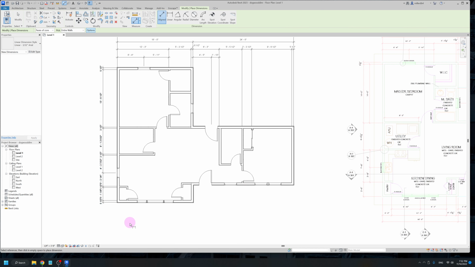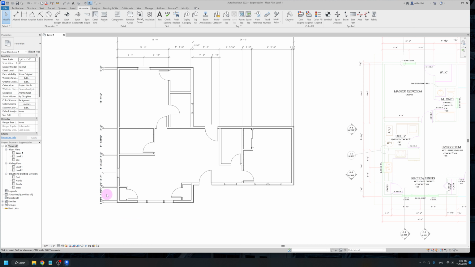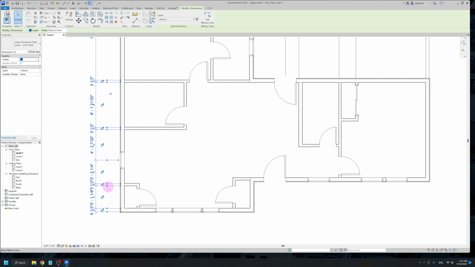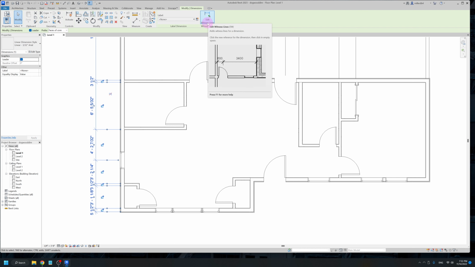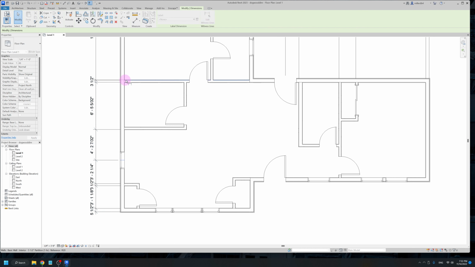So I'm going to hit escape twice to get out of the dimension tool, and then I can go in and edit some of these witness lines. If I click on this dimension, all of these lines that are coming horizontally off of it are what we call our witness lines. If I want to get rid of any of these, there's two ways I can do it. One is to right click on that middle grip and say delete witness line, and then it goes away. The other way is up here through edit witness line, and then I can click on the ones I want to get rid of,